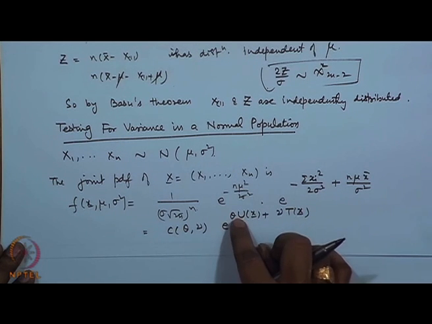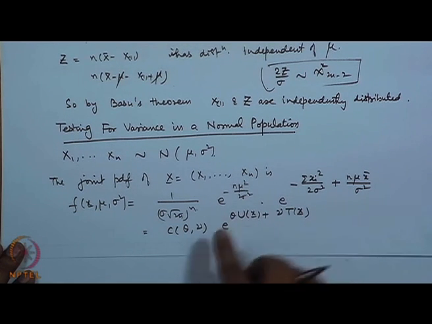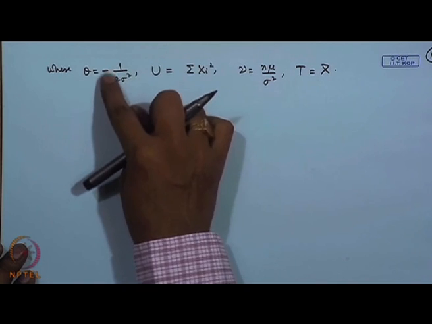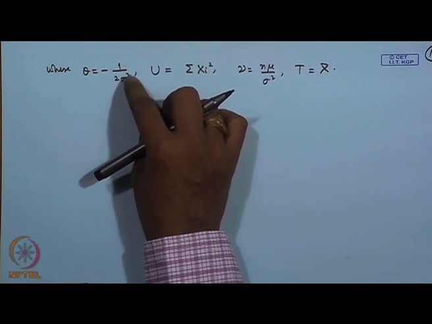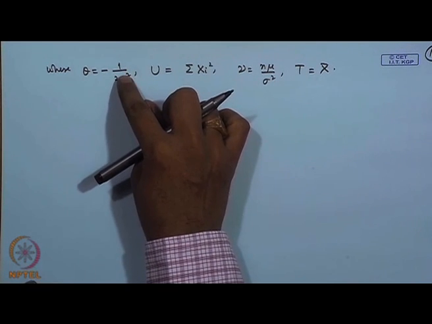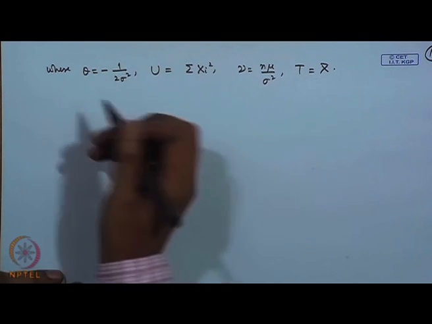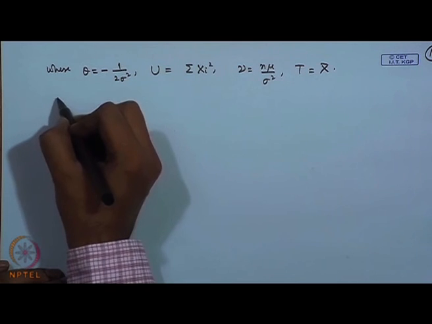For all the 4 hypotheses, I will have a UMP unbiased test for theta. Now, what does testing for theta mean? Since theta is equal to minus 1 by 2 sigma square, which is an increasing function of sigma square, the test is exactly reflected. So, if I write down a test like this, suppose I define